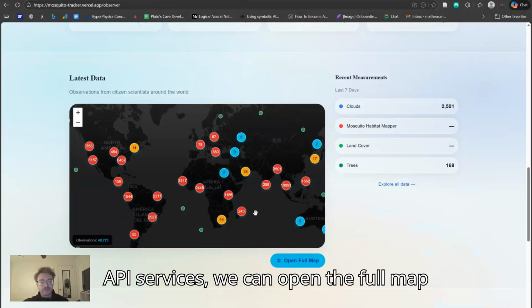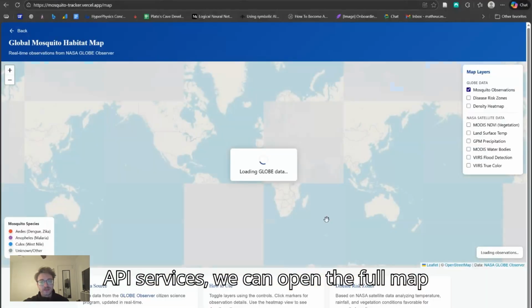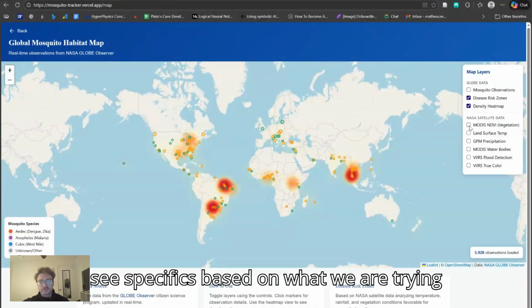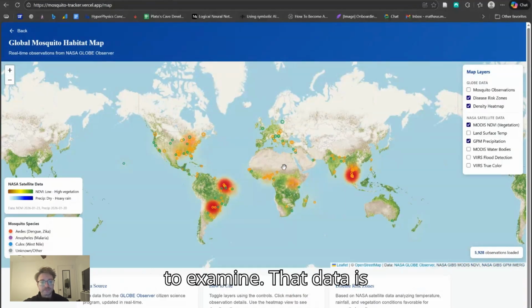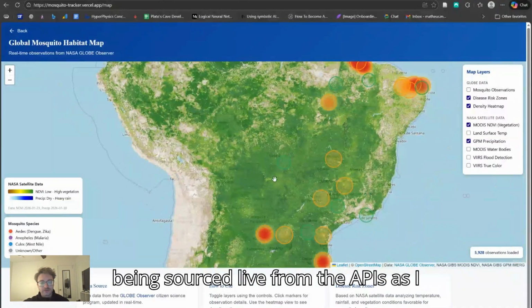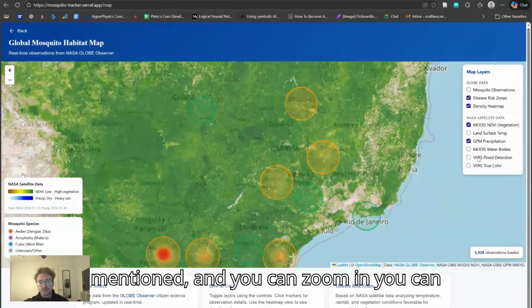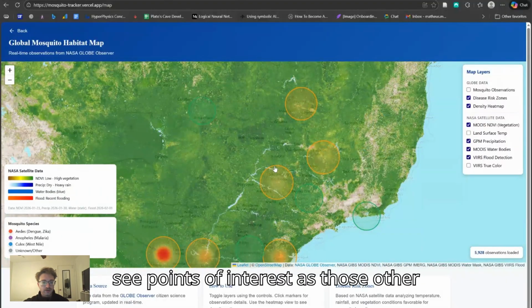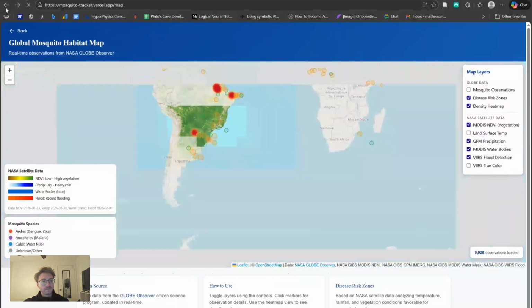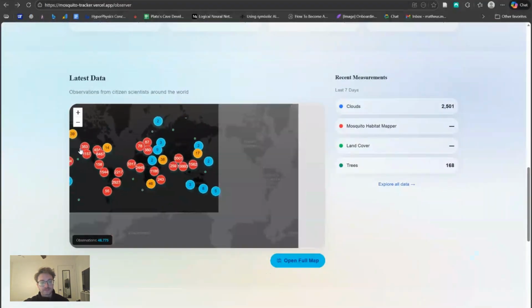the API services. We can open the full map, and we can toggle the Globe data to see specifics based on what we are trying to examine. The data is being sourced live from the APIs, as I mentioned, and you can zoom in, you can see points of interest, as well as other interesting qualities from the data. Now, if we go back,